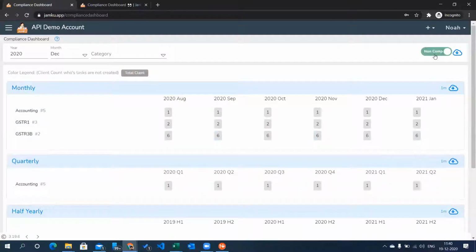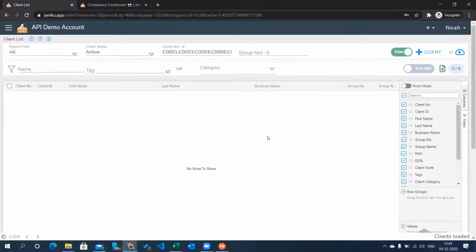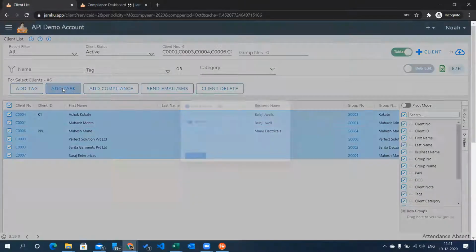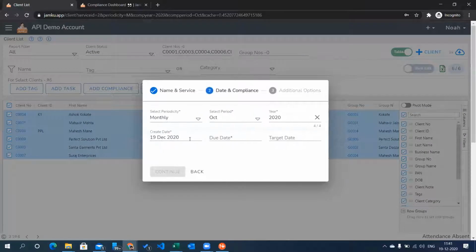So if I go to non-compliance and want to create all the tasks for, say, GSTR 3B, which shows 6 for October, all that you need to do is click on this 6, select all my clients, click on add task, click next. It is automatically selected as October monthly.